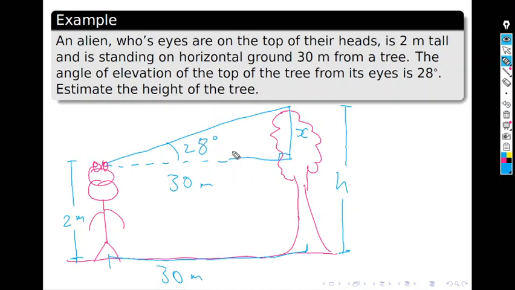So we can do a bit of just normal trig, SOHCAHTOA. So we've got the adjacent and the opposite. So we're doing tan. So we know tan of 28 is going to be opposite over adjacent, so x over 30. So we get x is 30 tan 28. So to do that, I'm just going to use a scientific calculator I've got handy. And what do I get? When I put that into my scientific calculator, I get